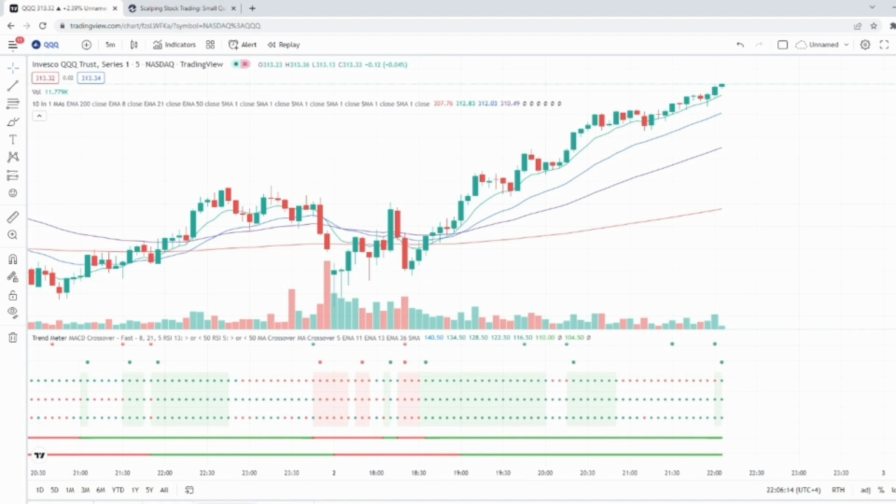catch some nice moves. But yeah, level 2 will be very important to let you know if the buyers are in control or sellers are in control. So again, if you guys don't know how to use level 2, make sure to watch that video down in